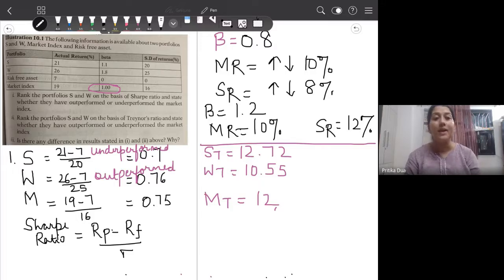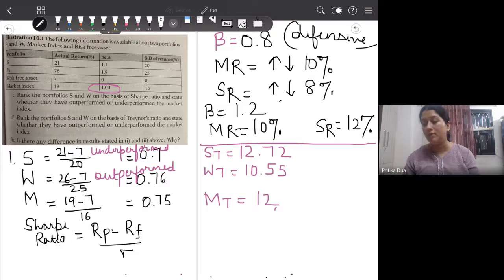Securities which have a beta less than 1 are defensive stocks. They are termed as defensive stocks, while securities with beta more than 1 are known as aggressive stocks. Okay, so this was just for your information. Though this again will be covered in the 5th unit, but come back to the third part of the question,